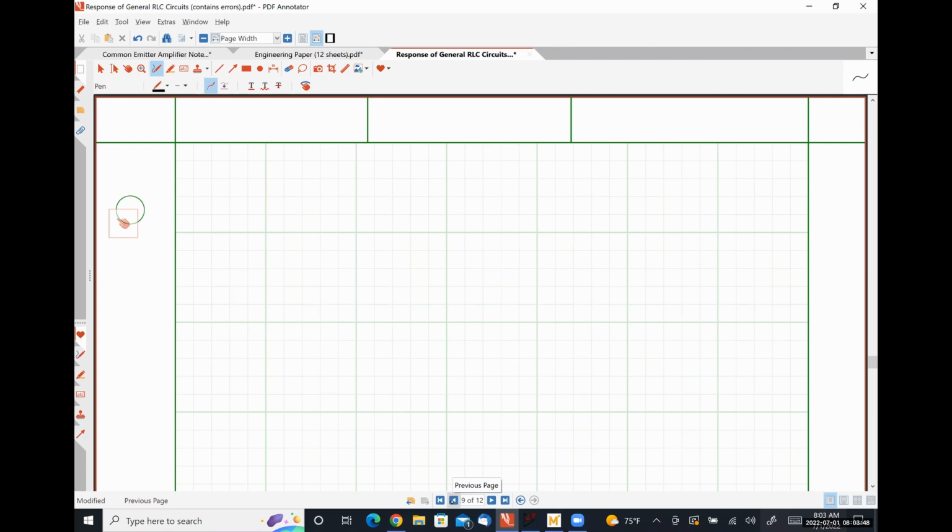So our circuit of interest for today is this guy, where we have some source voltage Vs, a switch that is closing at t is equal to 0,